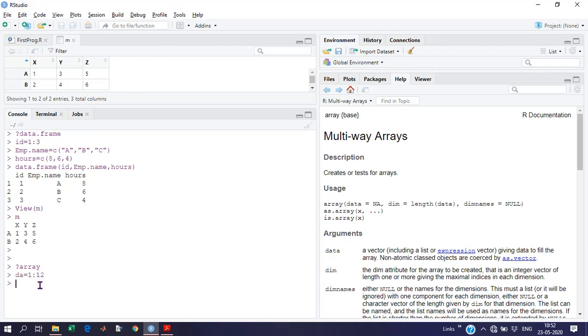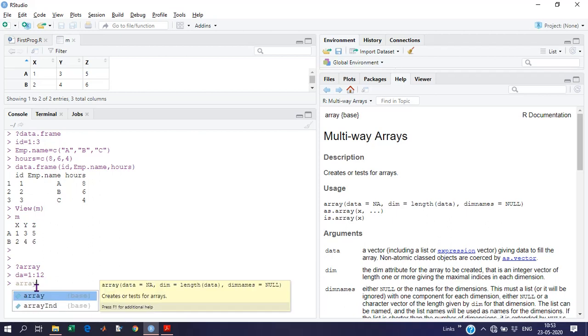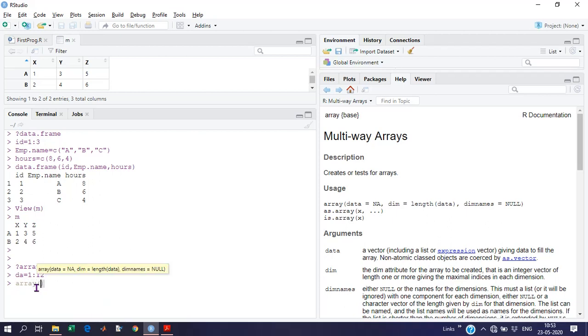If we want to put that in a matrix, we can go for 6 by 2, 4 by 3, 3 by 4, 2 by 6, likewise. But if I wanted a 3-dimensional array, I can put that data here, comma, dim equal to 2, 2, 3, which gives 12.